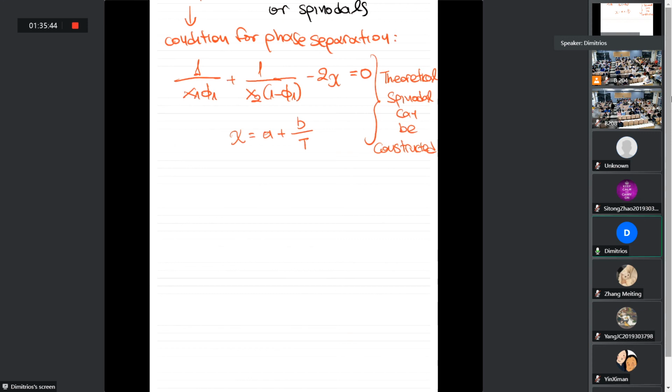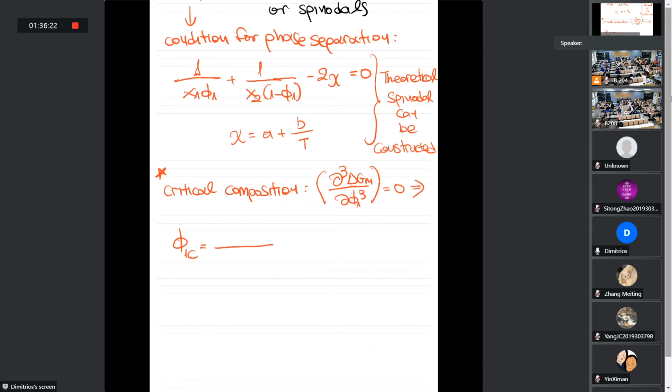So in this case, for the critical point, if we substitute into the Flory-Huggins equation and we take the third derivative of the Gibbs free energy, we end up with this equation for the critical composition,